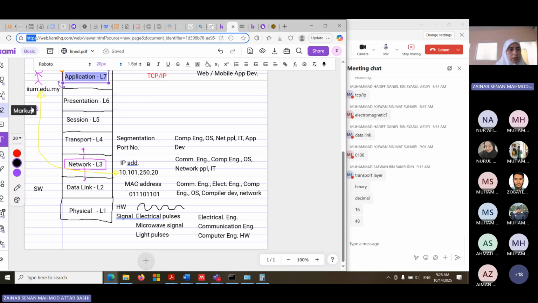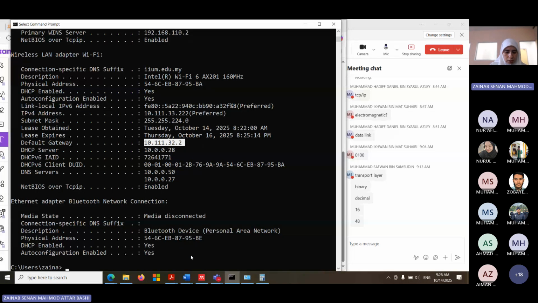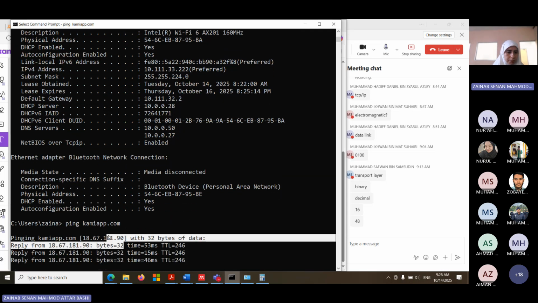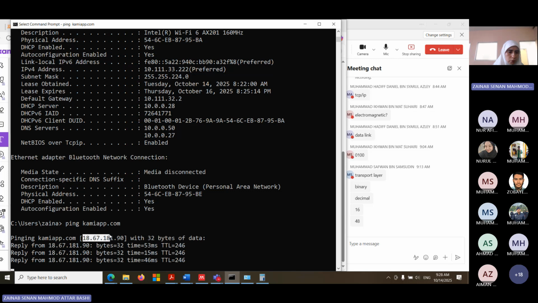For example, as I mentioned, DNS. We have to know how to convert this to a binary number. Let's try to ping this website, kamiapp.com. Let's see, what is the IP address? You can see this is the IP address for this website I'm using to write all these explanations, okay?